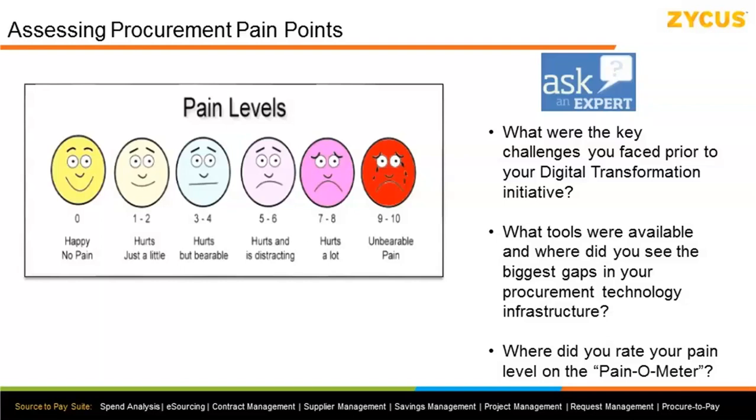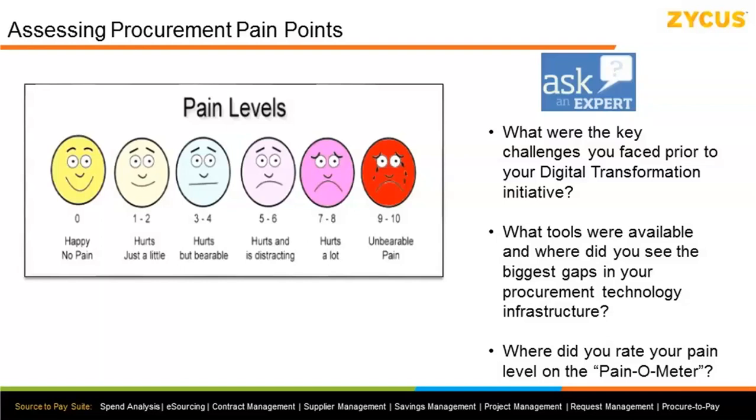So at Belden, our biggest challenge was limited visibility to spend because we have grown over the last 15 years through multiple acquisitions, and with each of those acquisitions comes their own ERP system. And so working in an environment where we have multiple ERP systems, data is classified in multiple different ways depending on the ERP system, the country, region, location that you're in. And so lack of visibility to spend was a great challenge, and that was propagated through the IT back end